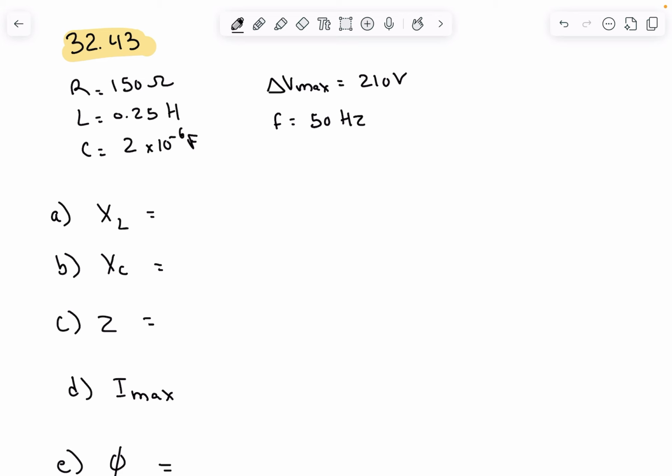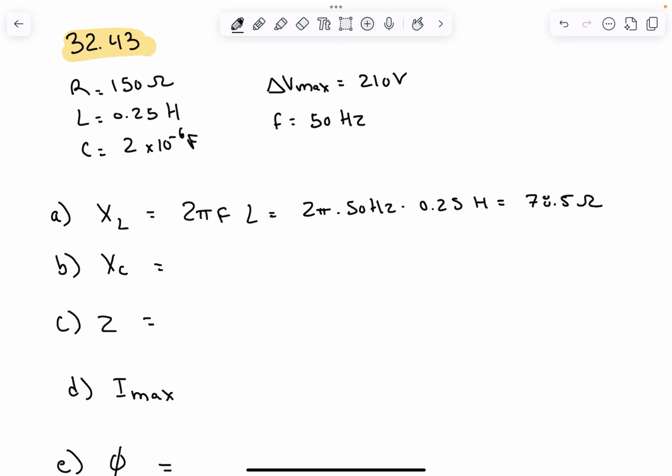We're going to start off with A, the inductive reactance of the circuit. This equation here is going to be omega times L, but we're not given omega, we're given F, so it's going to be 2 times pi times F times L. So that's going to be 2 pi times 50 hertz times 0.25 henries, and that's 78.5